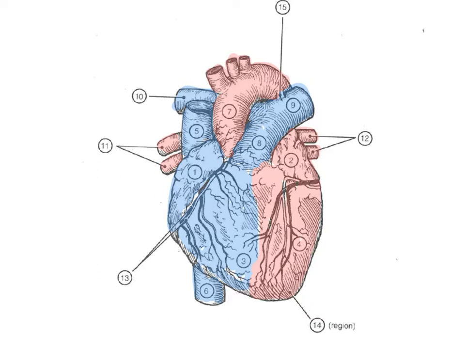So one thing I do want to mention about the coronary blood vessels, and we can see on here, again, the coronary blood vessels are the blood vessels that are going to supply the heart tissue itself instead of supplying the rest of the body with blood. So on here you can see the right coronary blood vessel, the right coronary artery, and then there's also a left coronary artery, right? That one we can't see so well on here, but they're coming off of